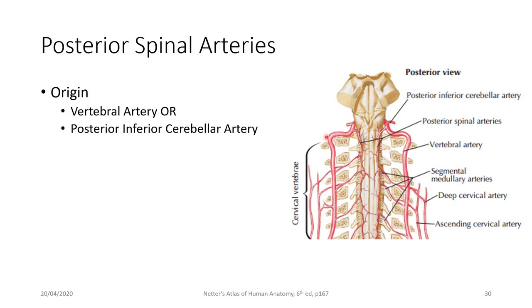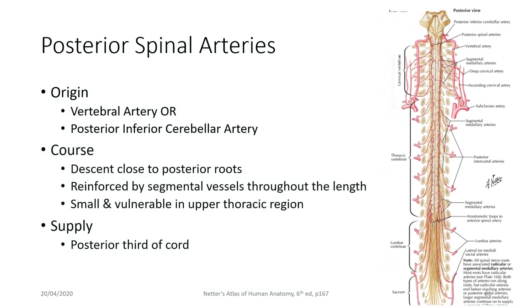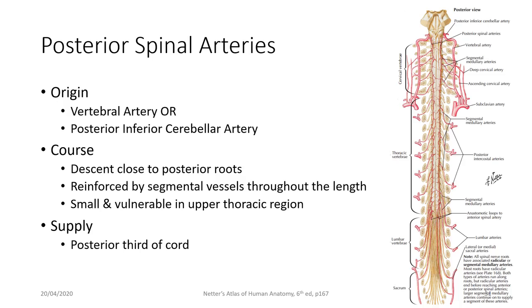In the brainstem, we also saw that the posterior spinal artery may have one of two origins. One is that it may be a direct branch of the vertebral artery, shown here, or it may be a branch of the posterior inferior cerebellar artery. They are paired arteries and they move very close to the posterior roots, the dorsal roots, the sensory roots of